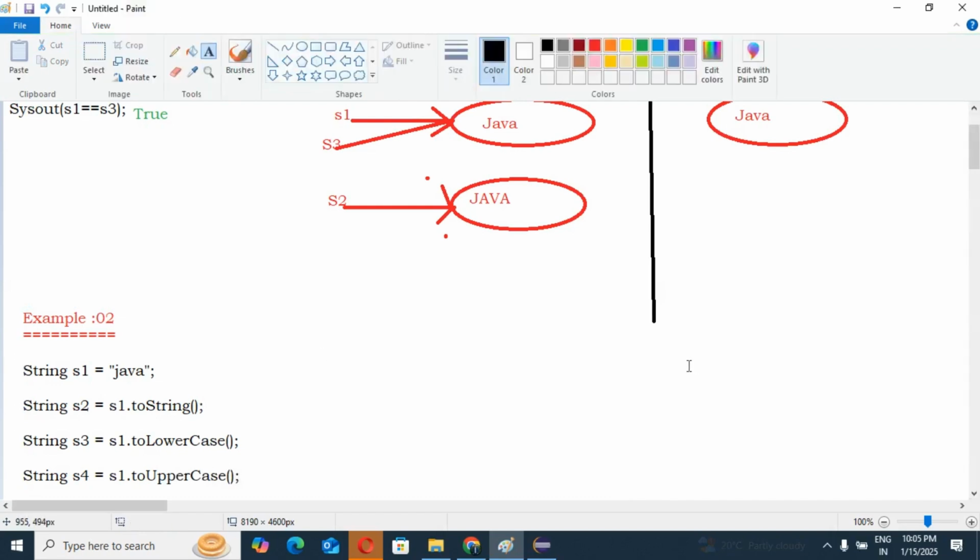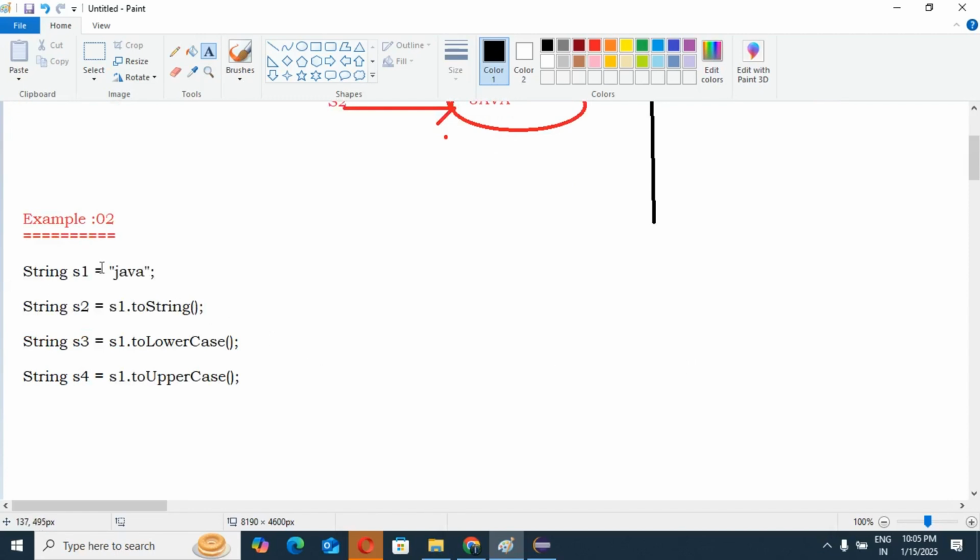Guys, tell me, do you have any issue, any problem? No, because we are going to create the object in this way.